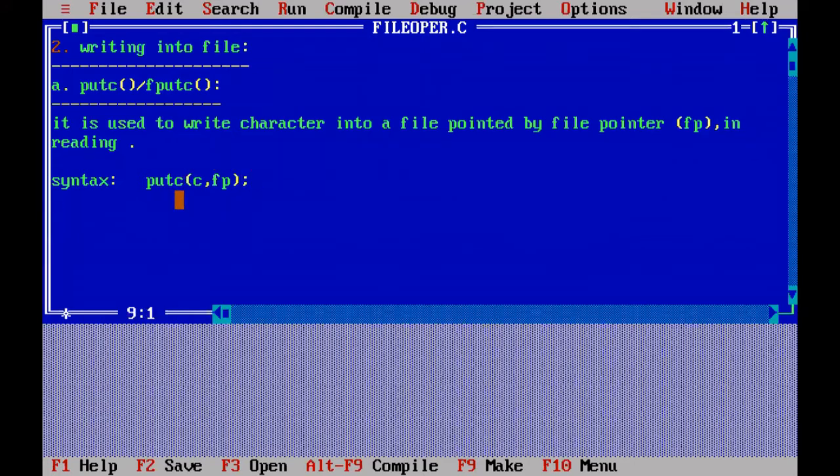Next we will go to the second one. Here the one more function is the putw function.